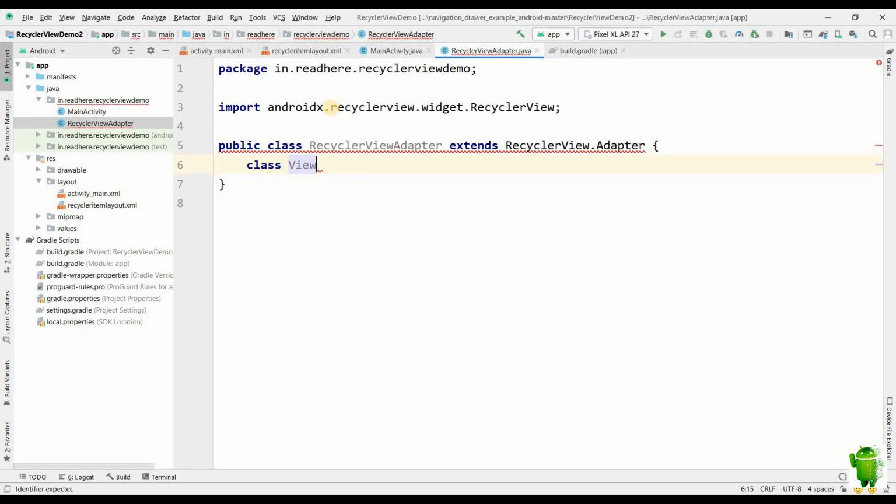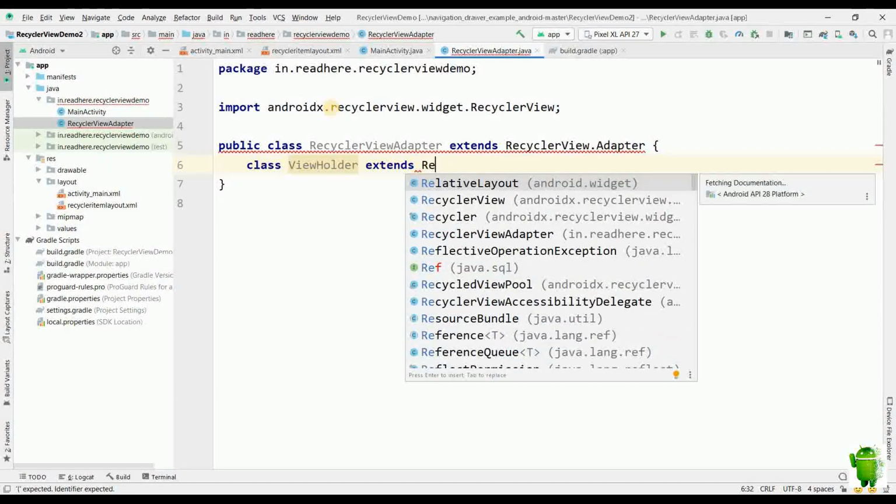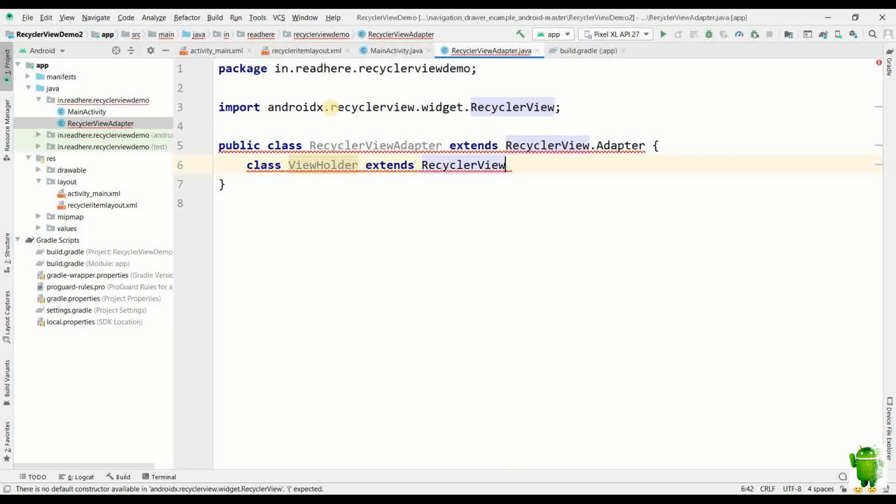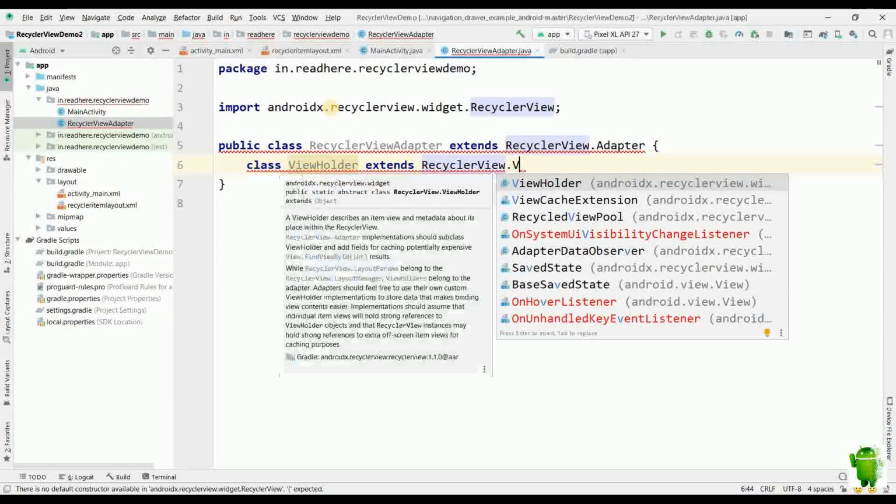We will be creating two classes, recycler view adapter, and inside that we will be creating a view holder class. The view holder class will be responsible for each and every view of one recycler view item. We'll create a class view holder, extending recycler view dot view holder.